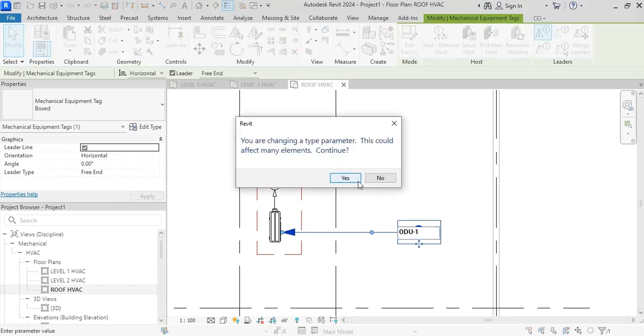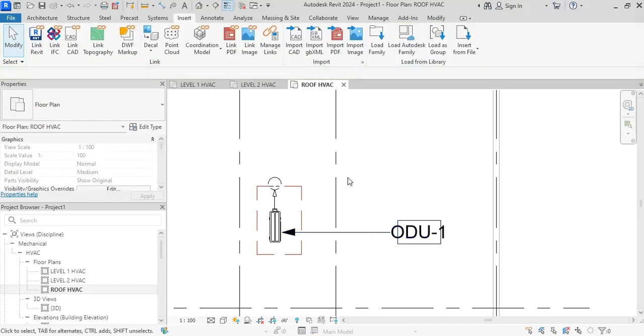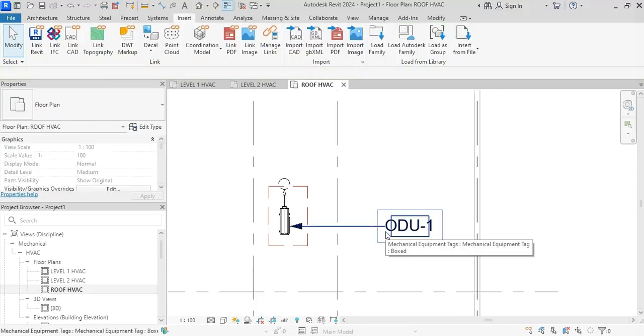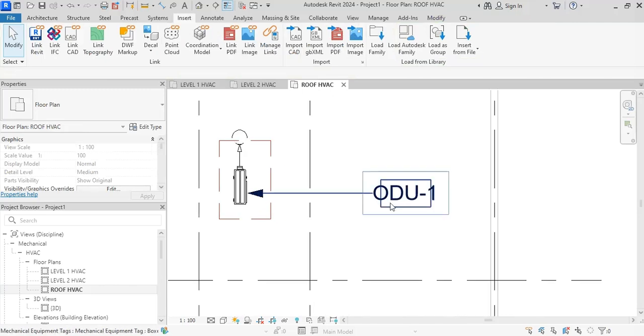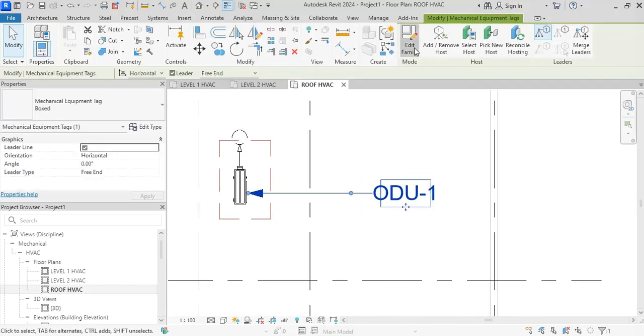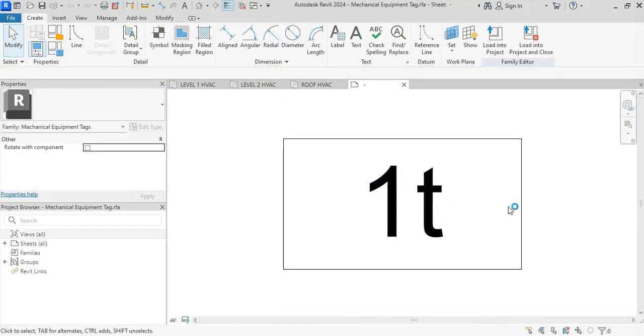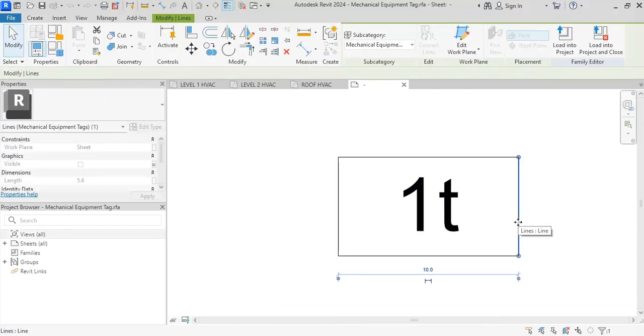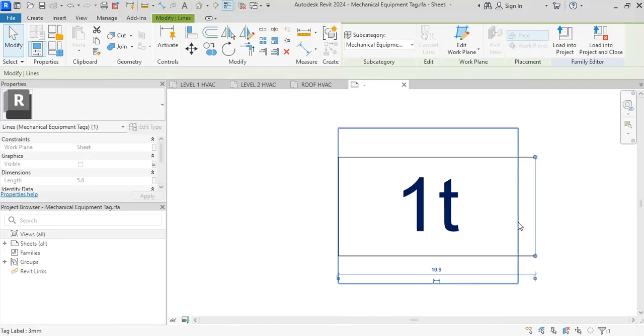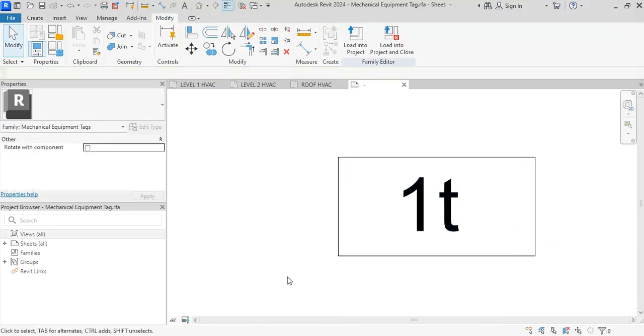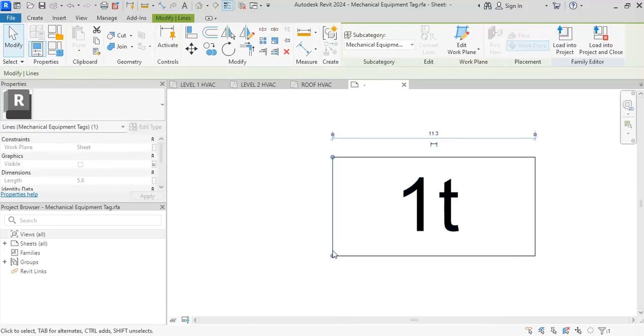It says any other type that looks like it will take the same mark, and this rectangle is annoying, so I'll just edit the family. I'll press this one, I nudge it with the arrow key, and nudge this one with the arrow key,